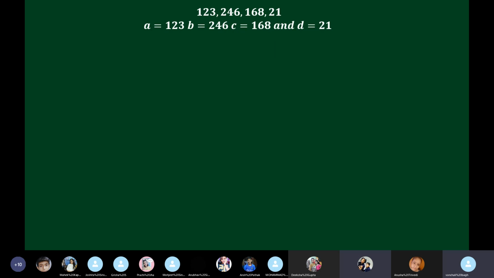123 upon 246. Beta, A is to B, I have not asked you to find the fraction, or else find A upon B and give it. You are now in class 7th. What do I mean if I am asking what is the value of A upon B? What will you give me: 123 upon 246 or its result? Come on. What is A upon B? Ma'am, 2583. Are you multiplying? Do we multiply A upon B?